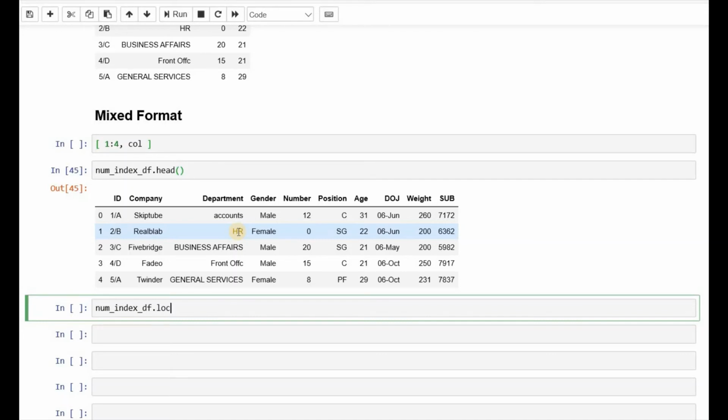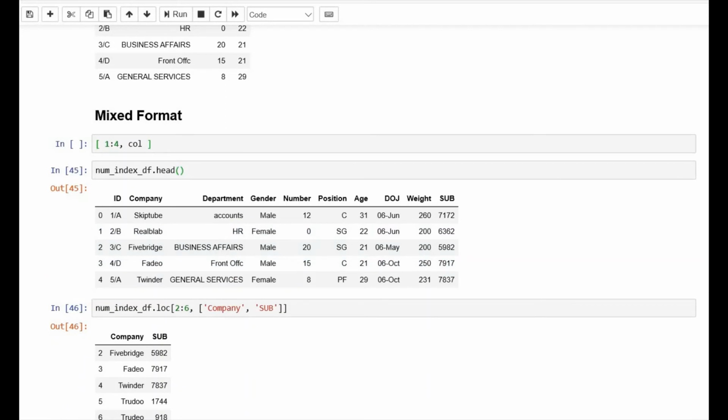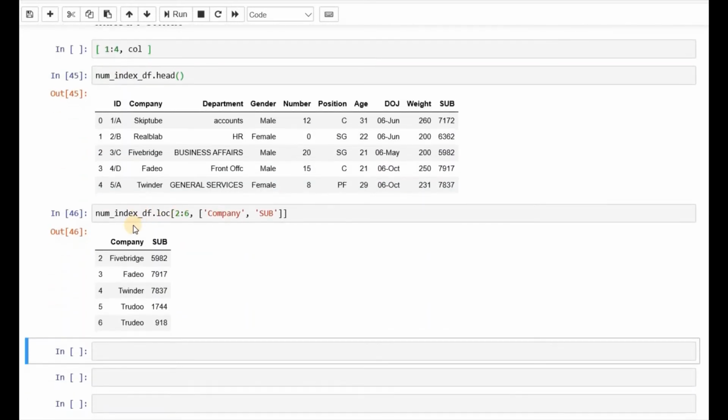We will use loc with the numbered index data frame, and here I would pass the row in terms of numeric figures, as we expected, and the column, say I would have company and sub. If we do that, we can extract the details like this.